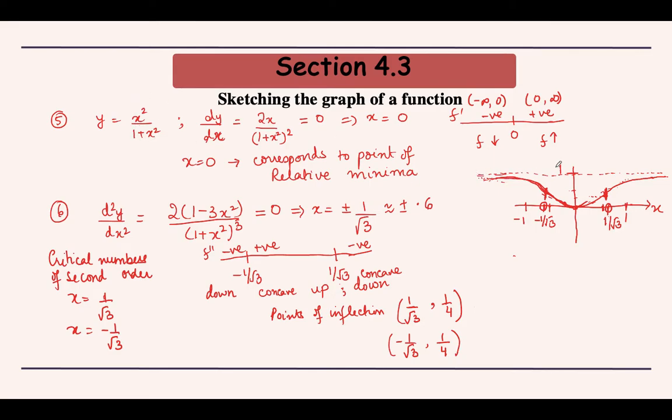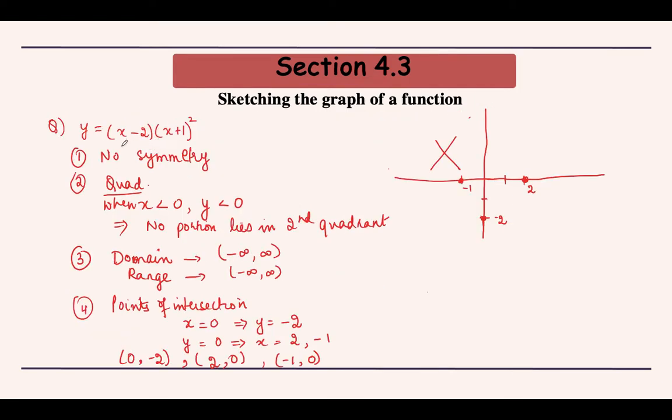So this line y equals 1 is in fact an asymptote to this curve, because the curve is not going to meet it and its branches are going towards infinity. As x goes towards infinity, the expression is going to tend to 1. So it is going to become closer and closer to this line, but it will never meet the line. So that is how we can make a rough sketch of this expression y is equal to x square by 1 plus x square.